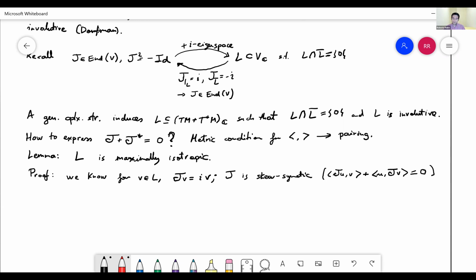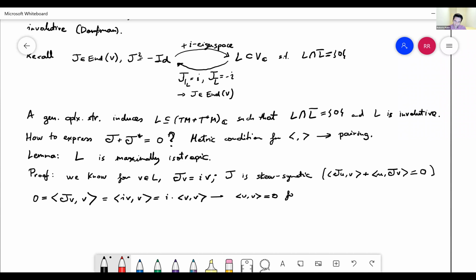As I said before, with all these metric conditions, as long as the characteristic is not 2, you are better off just considering what happens when they are the same, because it will be much simpler. So what I can say in this case is that JV pairing with V is 0, because it's skew-symmetric. This is what skew-symmetry means in the simplest way. But I know what JV is. JV is IV, and this is linear, so I have that